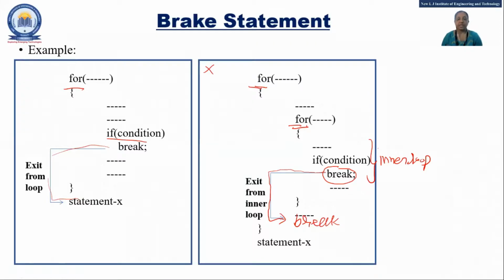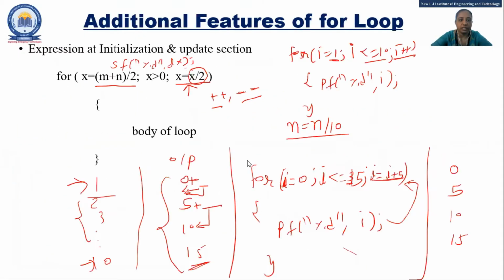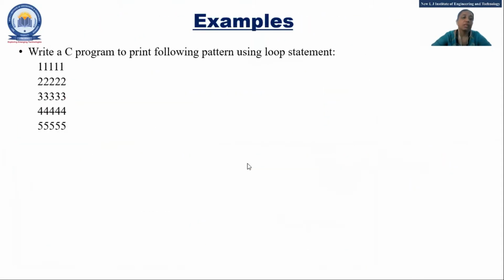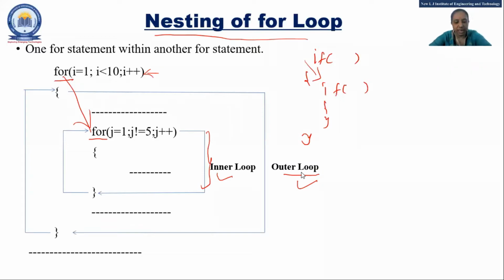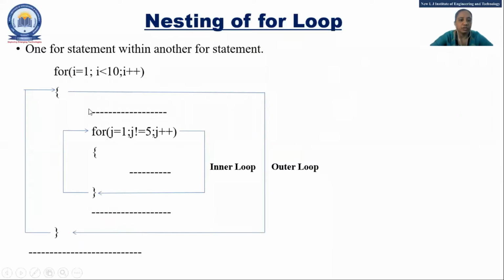Any doubt? Nesting of loop, we will see the example of this and what is the use of this. But before that, is it clear with the break statement? Fine. So this is called nesting of the loop. Now, how to create those loops? You can see that for now how it will be executed, that we are going to see. We will just trace how it will be executed.